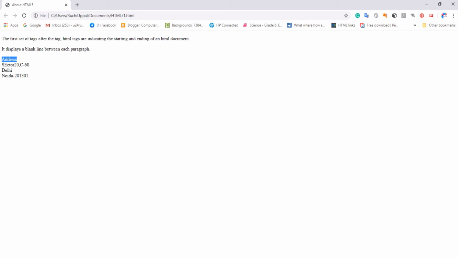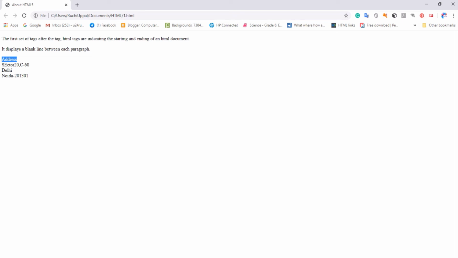Suppose your word is a longer word and appears near the end of the line, then it simply causes awkward spacing. So for that purpose we need the WBR tag. I'll tell you as we write down in the notebook, sometimes our word comes at the end of the line. So what we do, we simply write a dash there and put half the portion on the next line. Same thing is here.